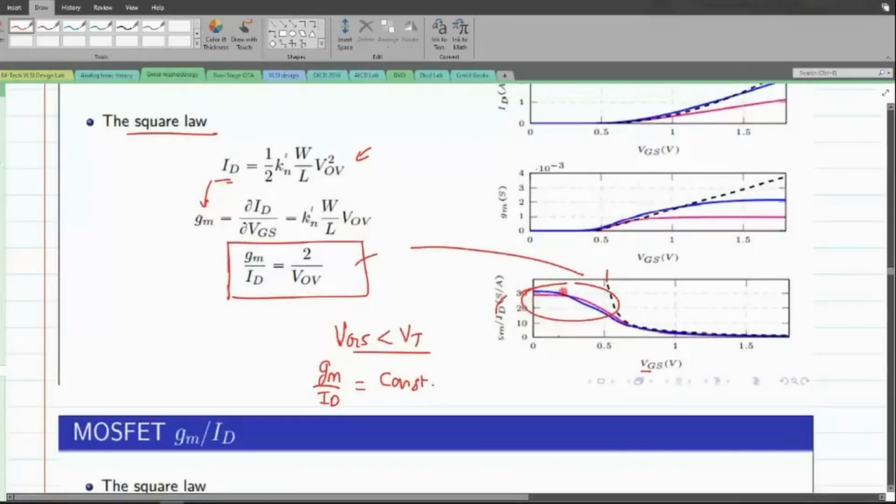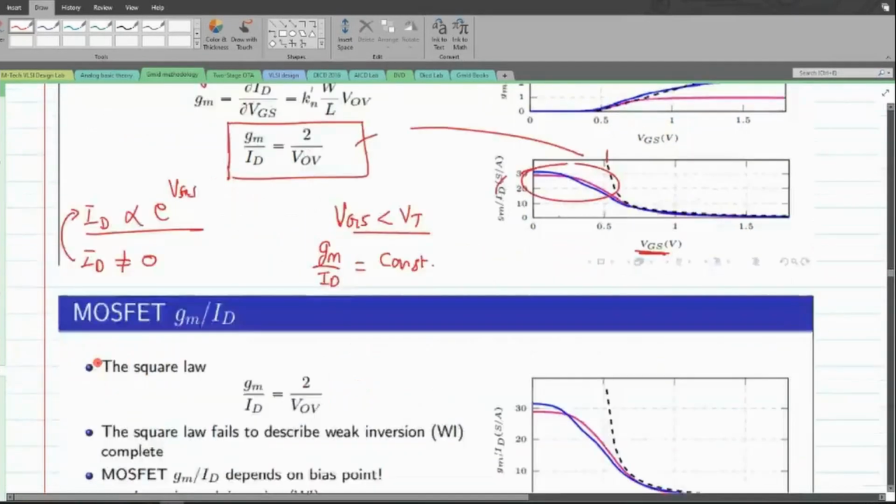Even here we could see that this gm over ID is also constant. So this means that the current ID is also somehow exponentially related to the value of VGS, where the control input here is VGS. That is what it conveys to me. So in short, the ID is no more equal to 0, and it is also telling us that the ID is proportional to e to the power of VGS. Before we look at this current expression, let me summarize what we have learned, and then later we will talk about how to derive this current component in the coming slide.